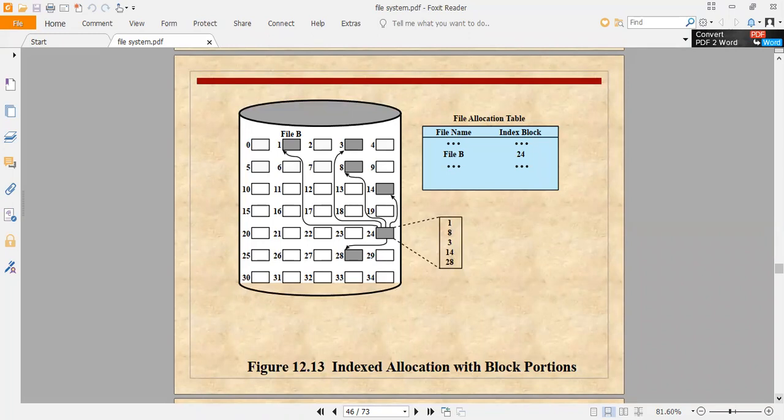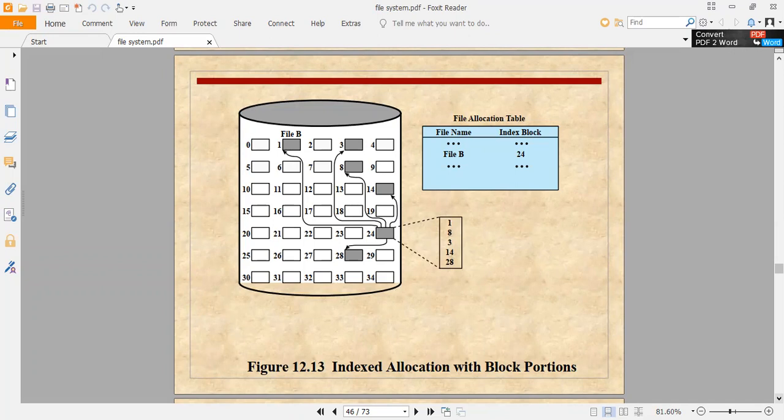When the file is created, all the pointers in the index block are set to null. So all are given the value 0 at the initial state. When the nth block is first written, a block is obtained from the free space manager. Its address is put in the nth index block entry. So index allocation supports direct access without suffering from external fragmentation. Any free block anywhere on the disk may satisfy a request for more space.